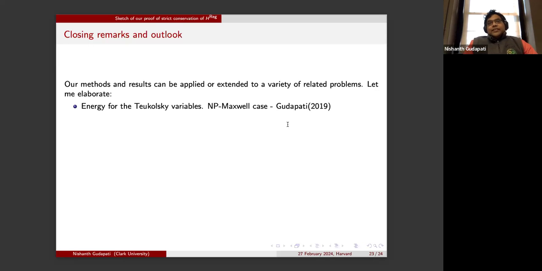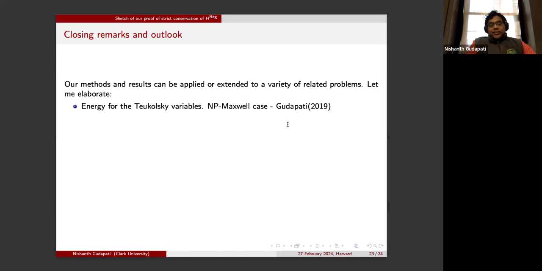But the issue there is that the Teukolsky equation doesn't admit a straightforward variational formulation, right? So constructing an energy for that becomes incredibly difficult because there's no variational formulation, there's no Hamiltonian and so on and so forth for that, except for spin equal to 0, which is of course the linear wave equation. Then it's possible, of course. But for higher spin fields like mod s equal to 1 and mod s equal to 2, the Teukolsky equation doesn't admit a variational formulation.